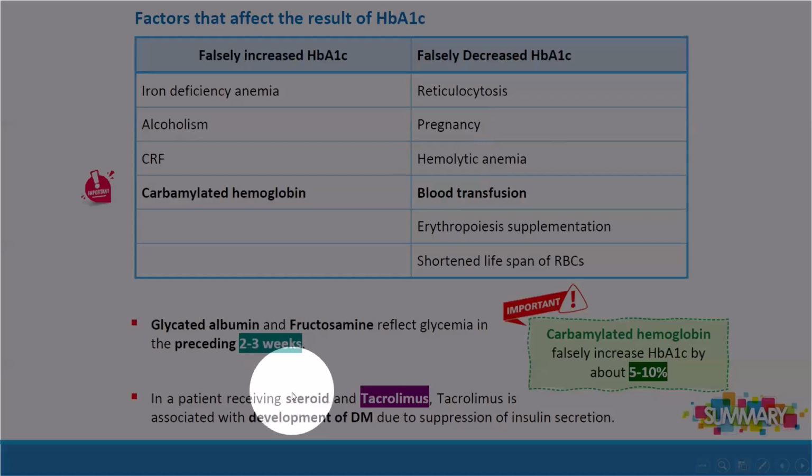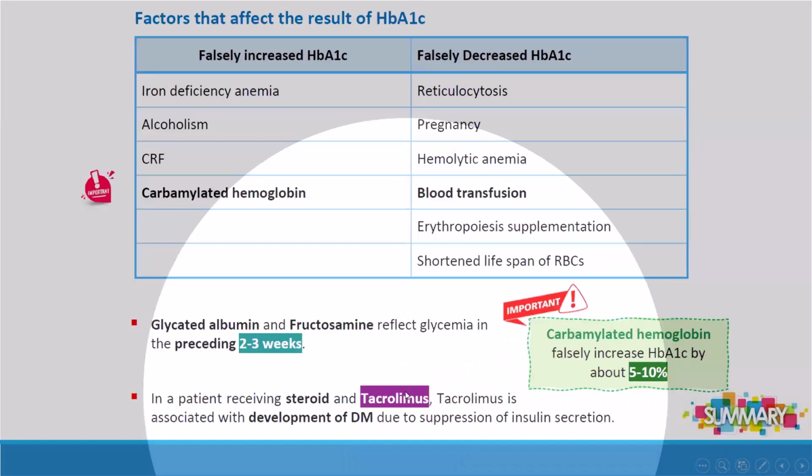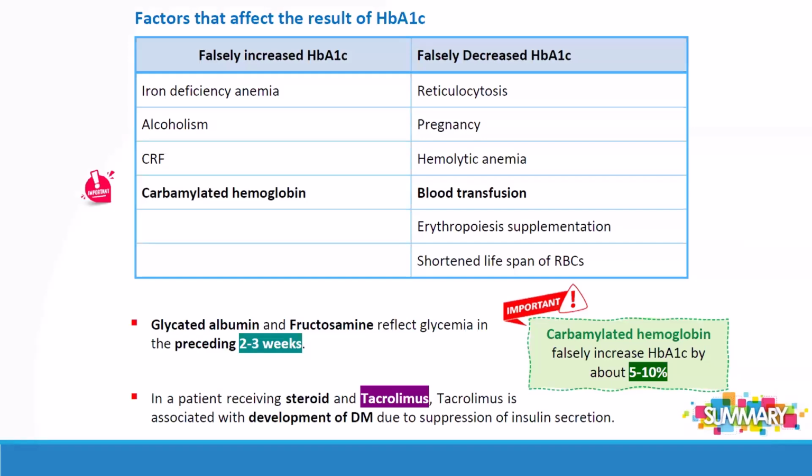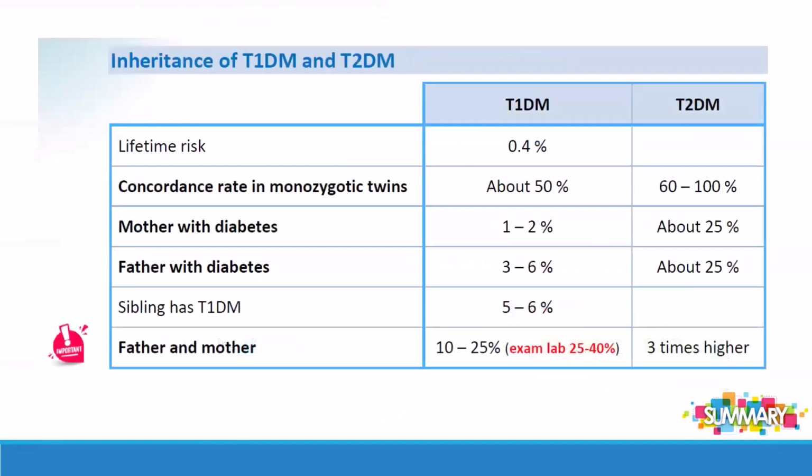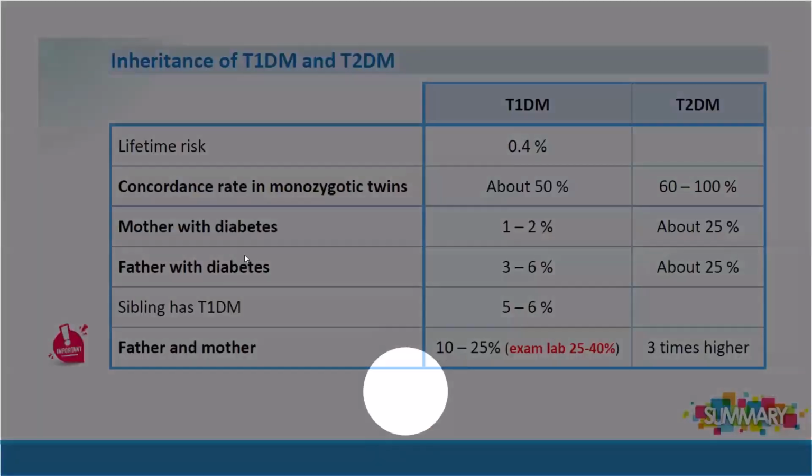Don't forget that steroid can cause diabetes mellitus, but if you have steroid and tacrolimus, usually tacrolimus is the cause of development of a new onset diabetes mellitus, and this is a very repeated question in the previous exam. And inheritance of type 1 and type 2 is very important,